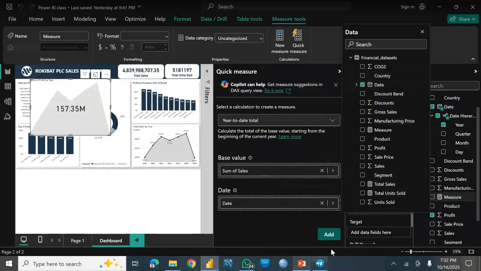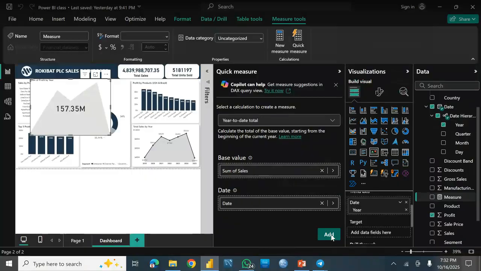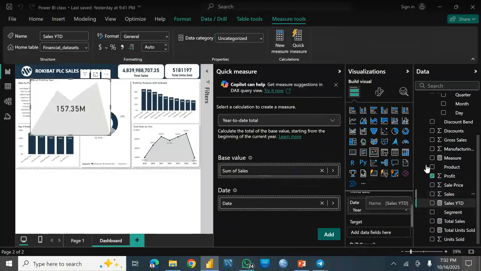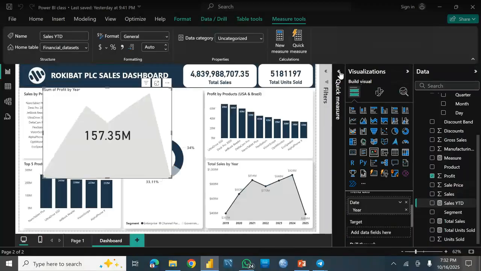So I'm using my dates. If I click on add now, this is just a quick measure. If I click on add now, it will create it. You can see it has created sales year to date. If I want to use sales year to date as my target, I'll just drag sales year to date inside my target. You can see it's showing red because the goal is that